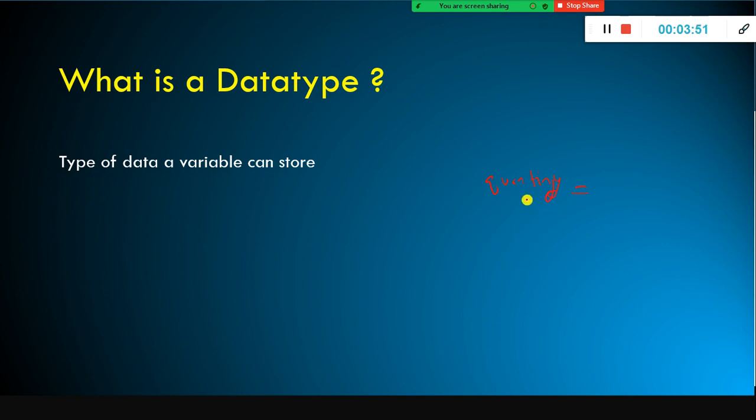Let's say quantity is 10 or 20 or 15. The type of value which we store in this variable is a numeric value. Or if you use the technical term, it is an integer data type.